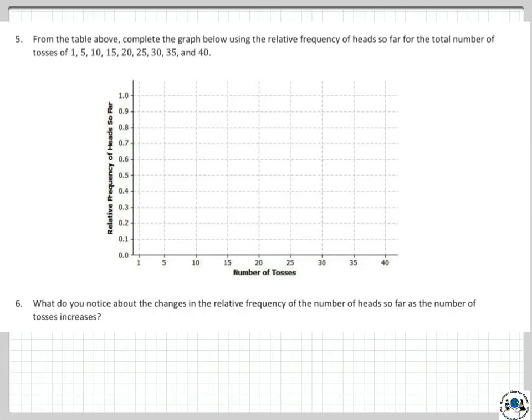Okay, so let's start plotting these points. After our first toss, remember, we're at 1.0. After 5 tosses, we're at 0.8. At 10 tosses, we were at 0.6 or thereabouts. At 15 tosses, we were at 0.55 or something like that. I don't know exactly. I think at 20 tosses it went up to like 0.56, and down a little bit after